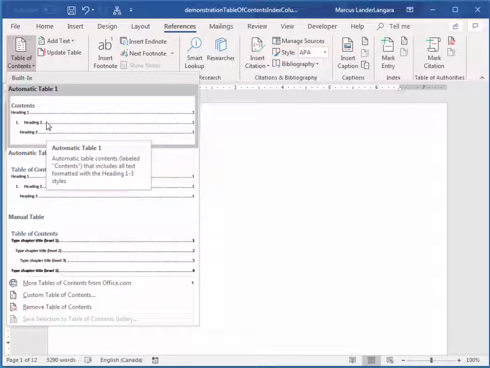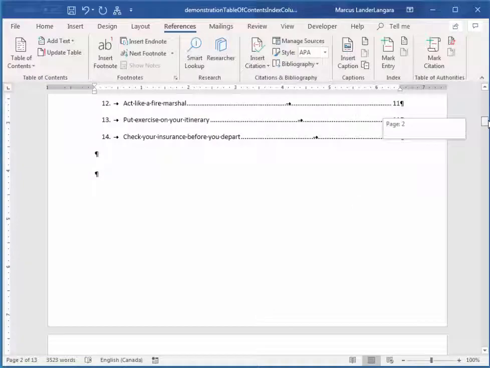It tells you, basically it gives you a page number for the headings 1 to 3. So I have headings 1 and 2, so even if we had a subsection, the table of contents would display what page that subsection appeared on. That's basically what it's saying. So I'm going to choose that,